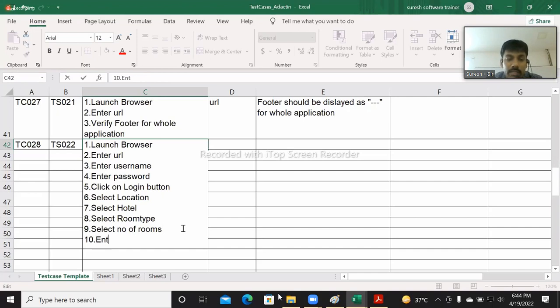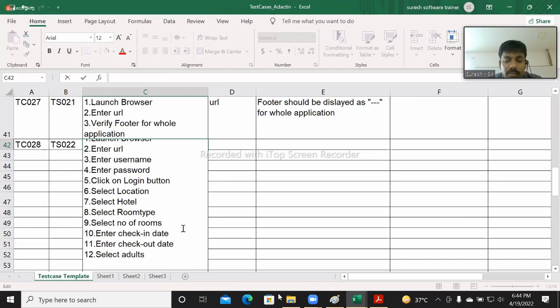Check-in date. Considering that, enter check-in date. Okay. After that, enter checkout date. Okay. After that, select adults per room. Okay. After that, select children per room. And then,